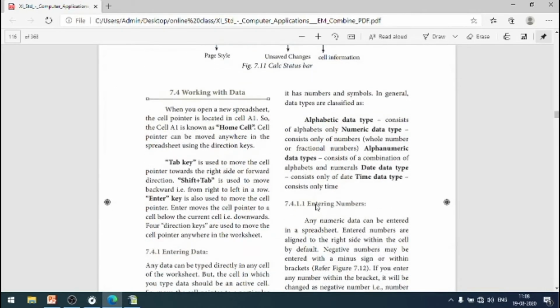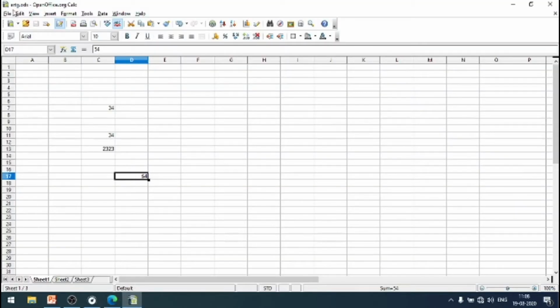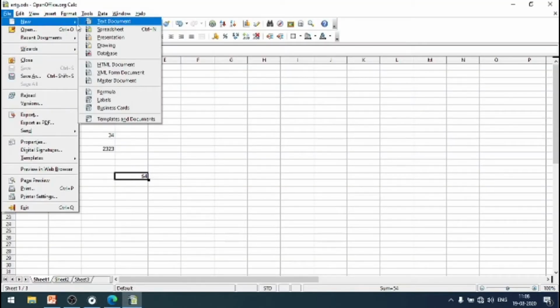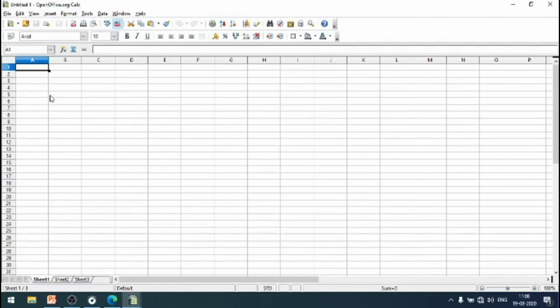Working with the data. Whenever you open the Excel sheet, by default the cursor will appear on the cell A1, that is called the home cell. When you open a new Excel sheet, by default the cursor will appear on the first cell, that is A1. This is called the home cell.